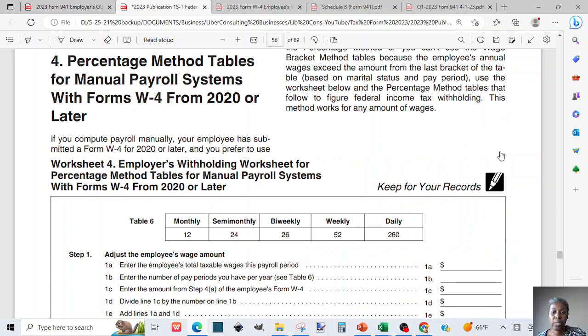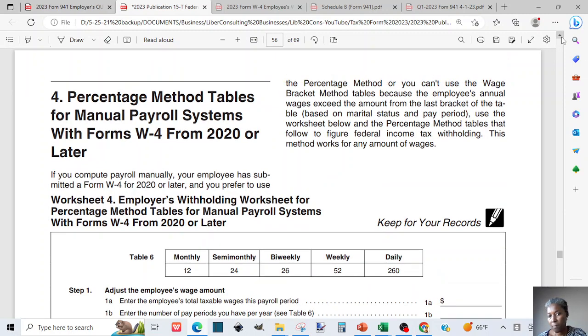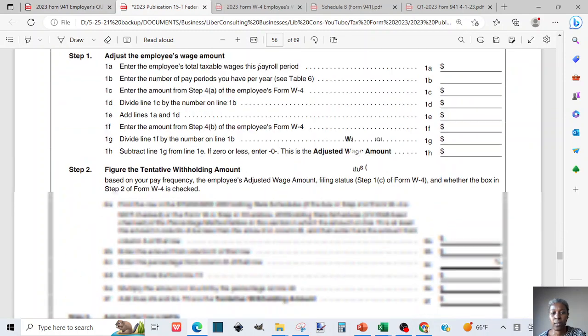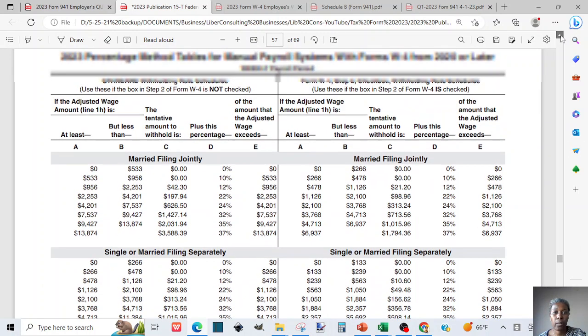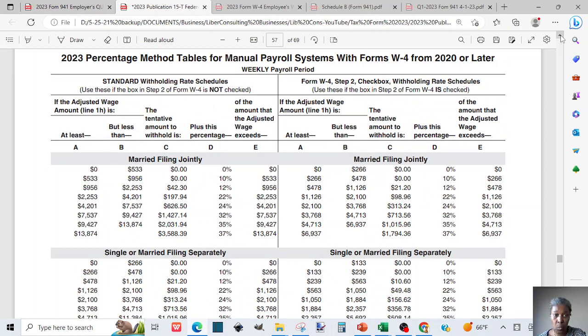Maybe the percentage payroll method might work for you, or the third one down the line might work for you. So they do have, I don't really want to talk about this one, but you do have this option as well. And in this example, I think you have to work with, if we go to the monthly